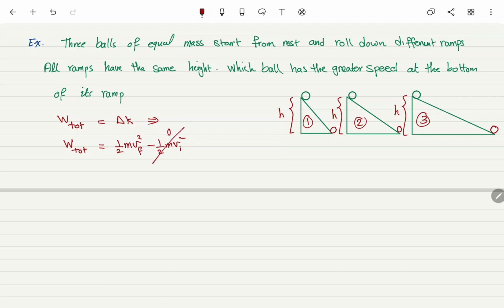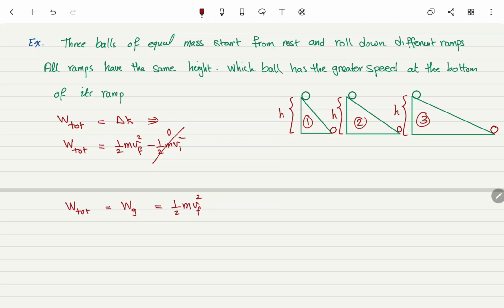Now work total, as we mentioned before, we have 4 different cases: spring, gravity, external force, and friction. Now, we have no spring, no friction, and no external force. The only force we have here is gravitational force. In this case, the work total here is actually only the work done by gravity, which equals half m v final